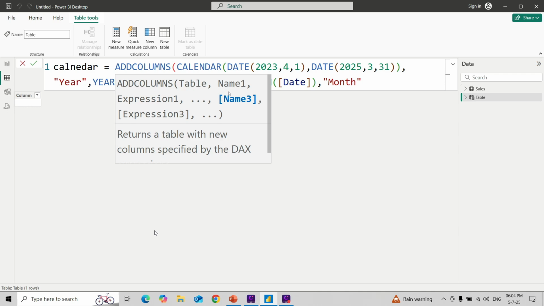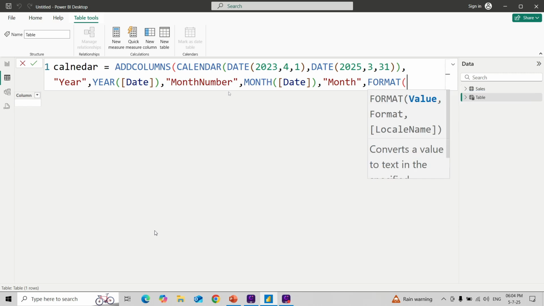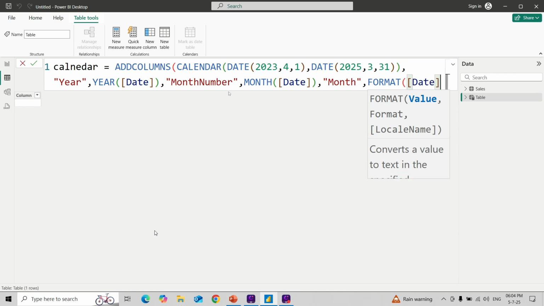Here again I'll use FORMAT. Into that I want date,